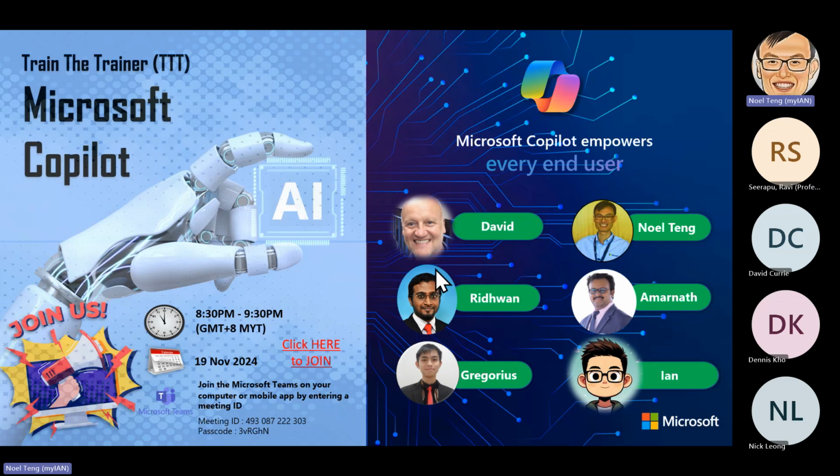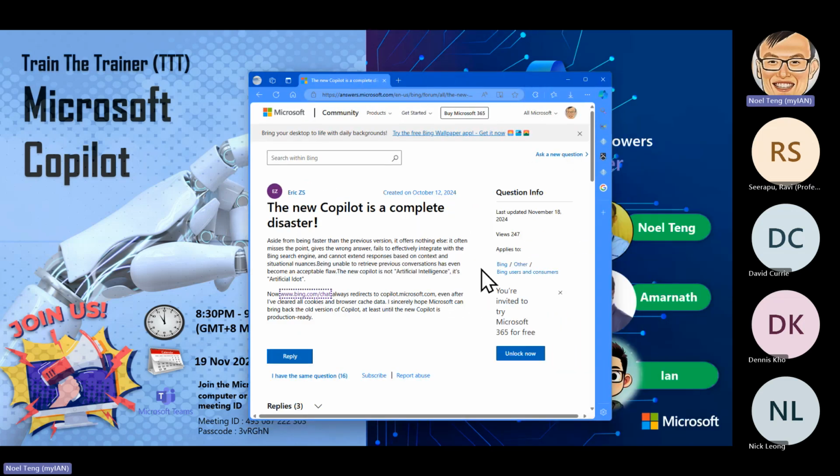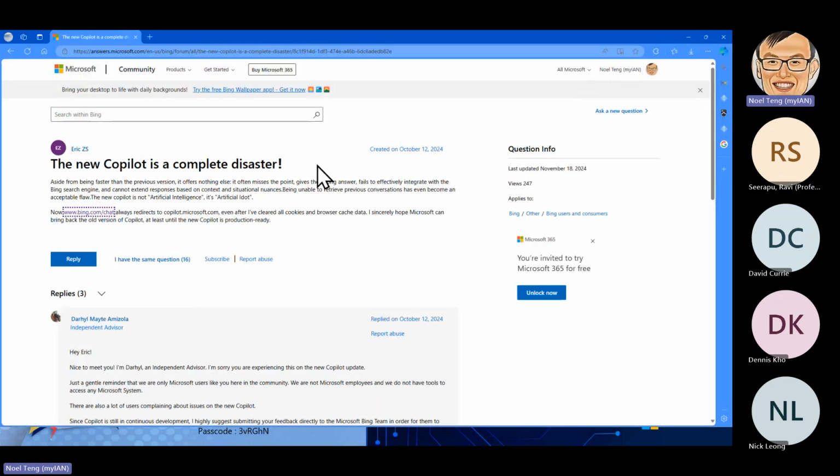But this time around, I wanted to show, as I was telling the team, a problem statement. I'm not sure if many of you have seen this. Firstly, a message from one of the community chat groups: the new Copilot is a complete disaster. If you read what it says, it's making a lot of mistakes. Sometimes maybe we need to do a better job in prompting. But my biggest problem with Copilot actually is not just the mistakes, but rather